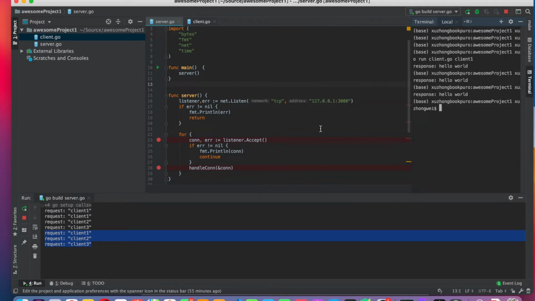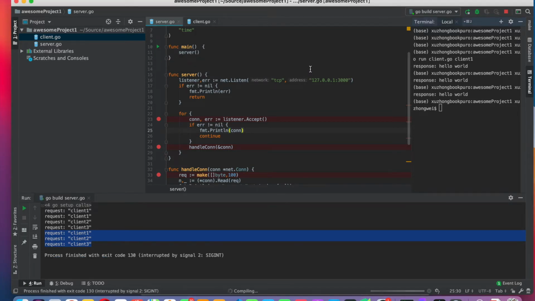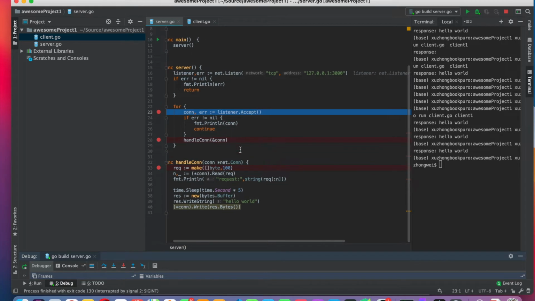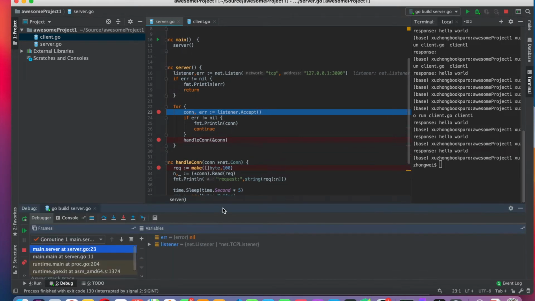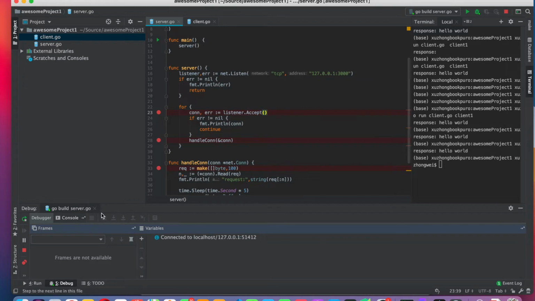So I want to show you in the debug mode. Here I started the server side program again, and from here it means that the server side is listening for a new connection from the client side, and when I try to step into the next step, nothing happens. This is because only after a new connection comes to the server side does the server side step to the next step. This is called blocking,